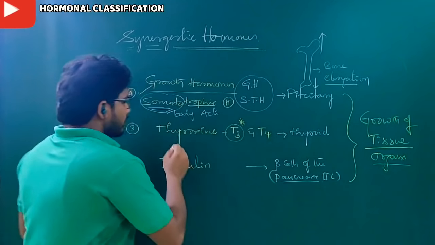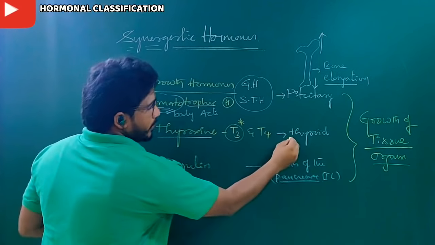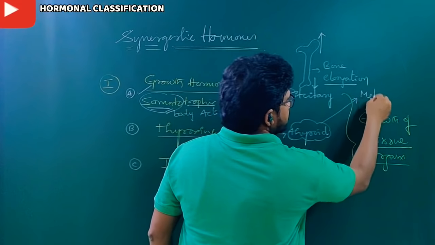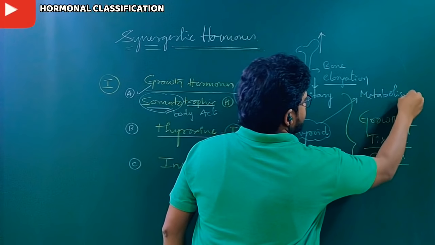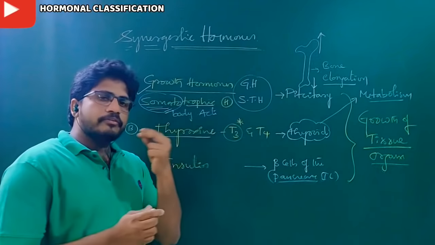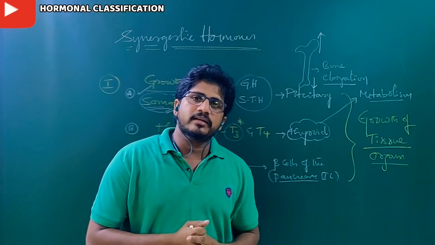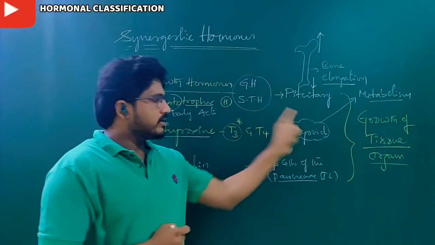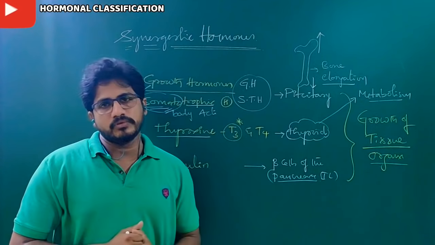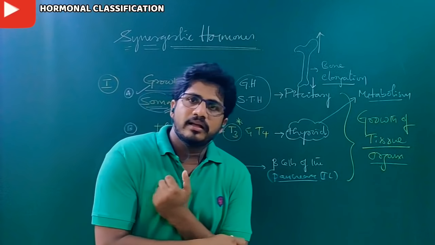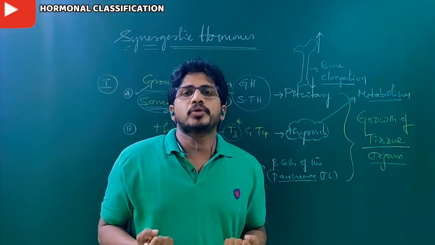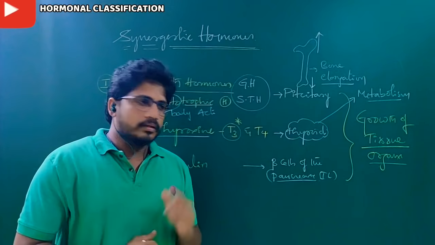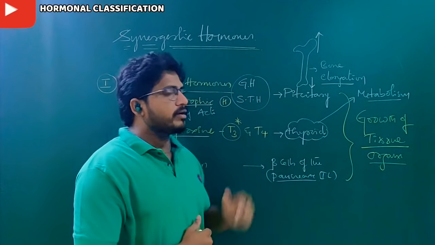Property 1, thyroxine. Thyroxine comes from the thyroid gland. This hormone helps in metabolism. What is metabolism? We eat food, and in that there are many nutrients. Supplying nutrients properly to all the tissues is done by the thyroid gland, that is, by the thyroxine hormone. If thyroxine hormone is not there, energy will not be distributed equally to different body parts according to the demand of the tissue. That is why thyroxine is a very important metabolic hormone.